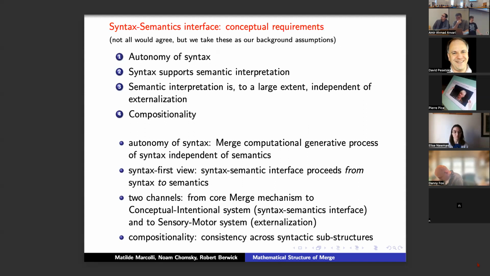Okay, so this is the premise, or why we want to think about the syntax-semantic interface and the way we do. Okay, so let's start. So then let's start to build something along these lines. And to do that, I'm going to start with some very basic conceptual requirements. Of course, this is inevitably going to be sort of controversial, but let me just say why I want to make some